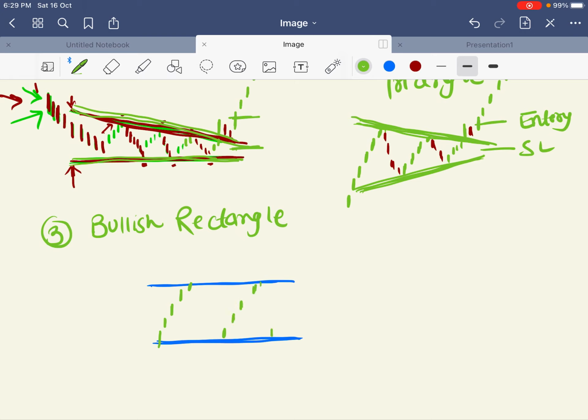Okay, and as you can see, it is taking resistance here and support from these points. So after the breakout you have to wait for retracement, and in some cases you do not have to wait